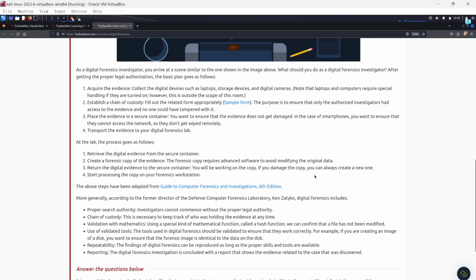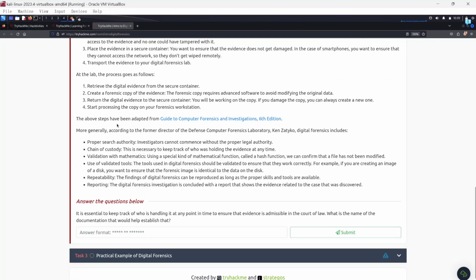If you damage the copy, you can always create a new one. Now, start processing the copy on your forensic workstation. The above steps have been adapted from Guide to Computer Forensics and Investigations, the 6th edition. More generally, according to the former director of the Defense Computer Forensics Laboratory, Ken Zatsko,